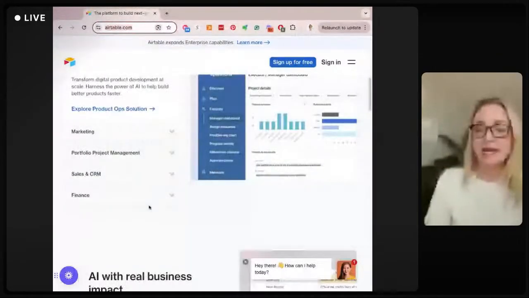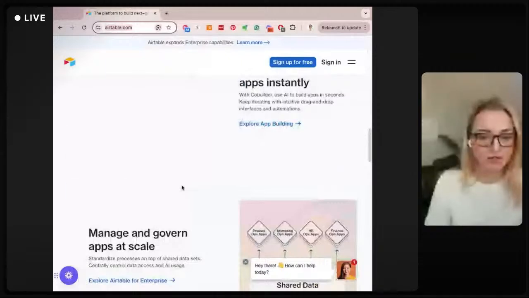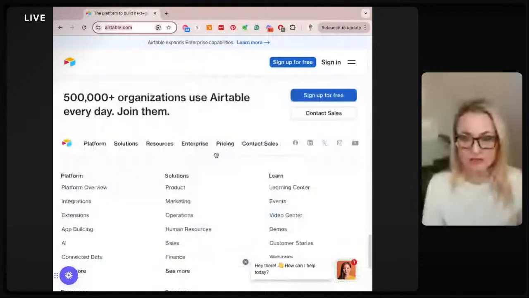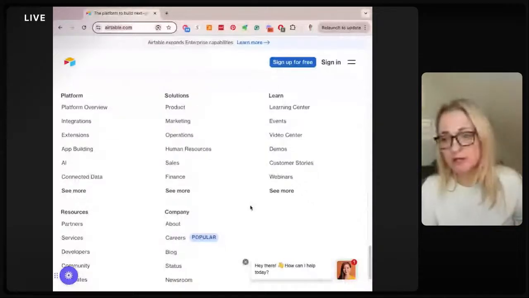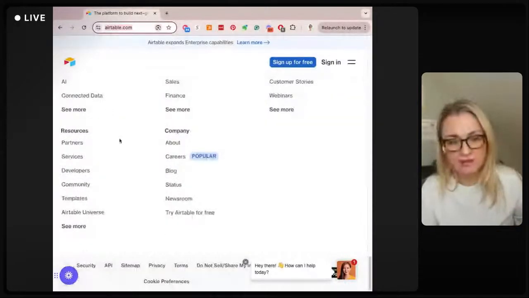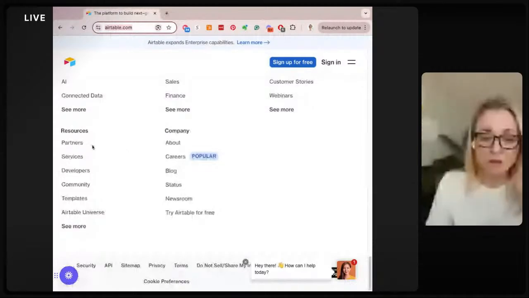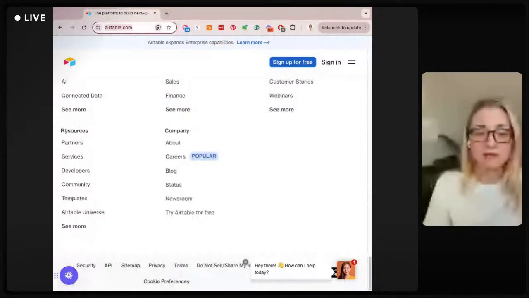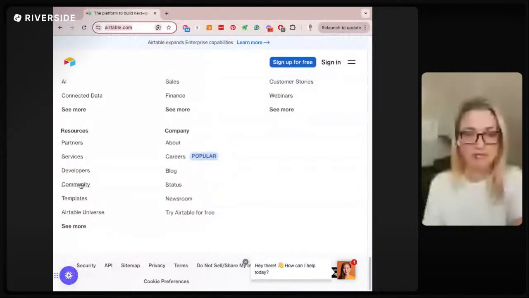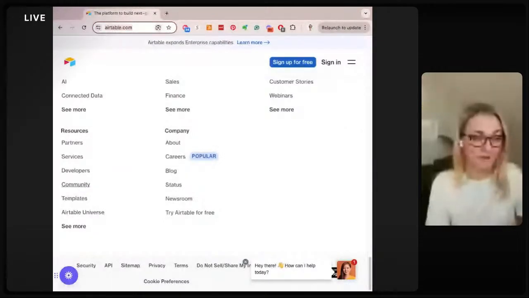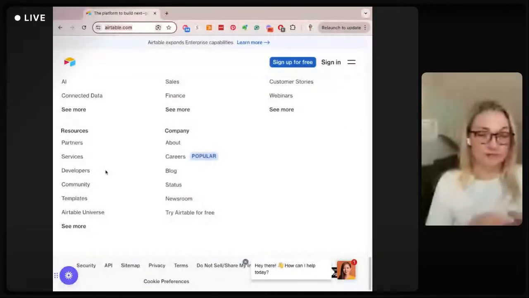So this is all just unique selling propositions, all these important things like that should be on a sales page. And then usually where I look for community first is in the footer, and Learning Center is typically where you might find it. You might also find it under resources, and that's exactly where it is here. There's a couple things I want to call out. Under these resources, it says community here. You can see the link at the very bottom on the left-hand side here. You might not be able to see that. It shows me that it's going to take me to community.airtable.com. So that is a subdomain of the airtable.com website.